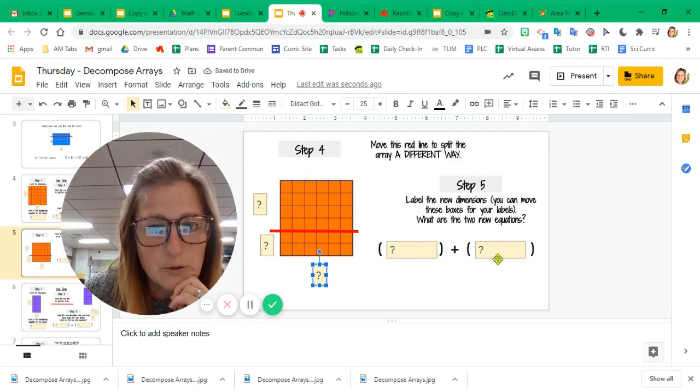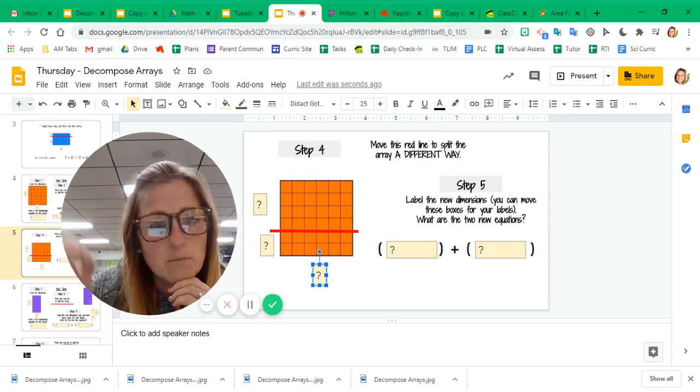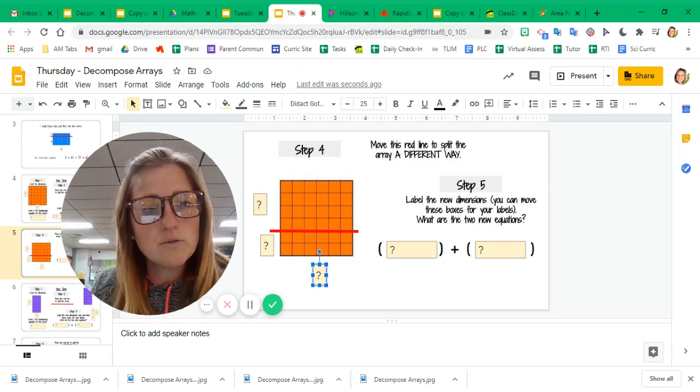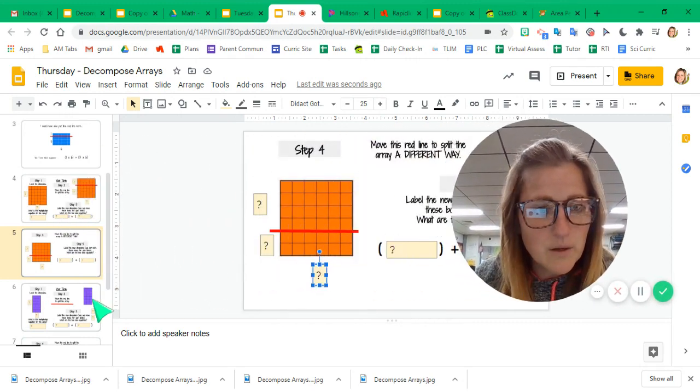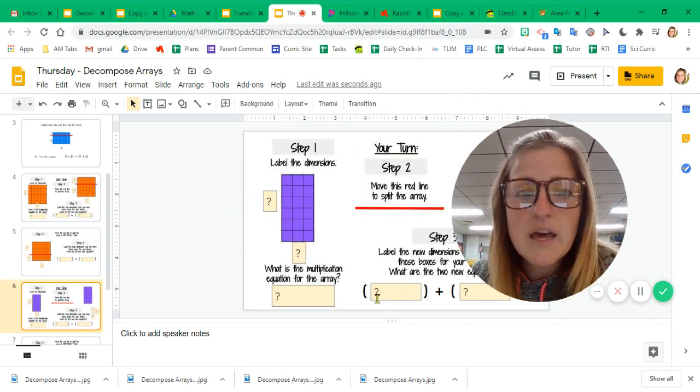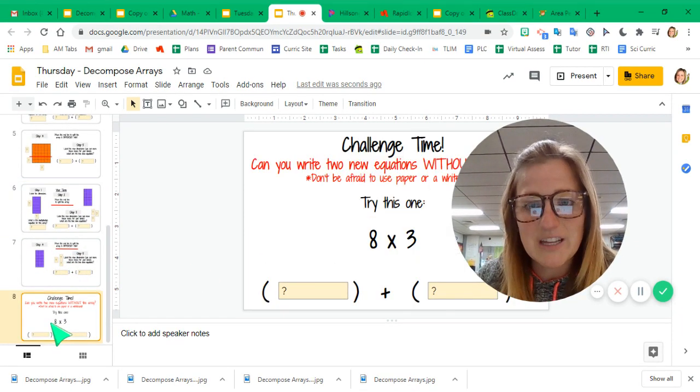in the 2 yellow boxes. So what you're doing is practicing decomposing an array and writing 2 new equations, but you have to do it 2 different ways. So you've got this array to do it with, and then when you scroll down, you'll see that I give you a different one, and you're going to do it 2 different ways, and then there's a challenge question at